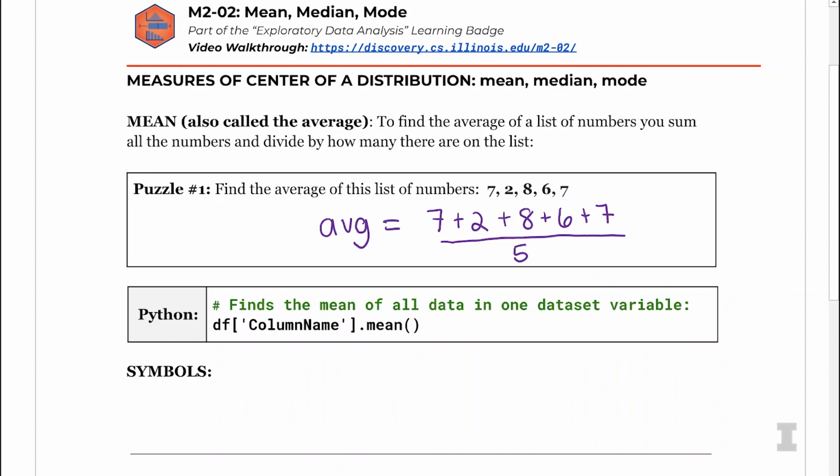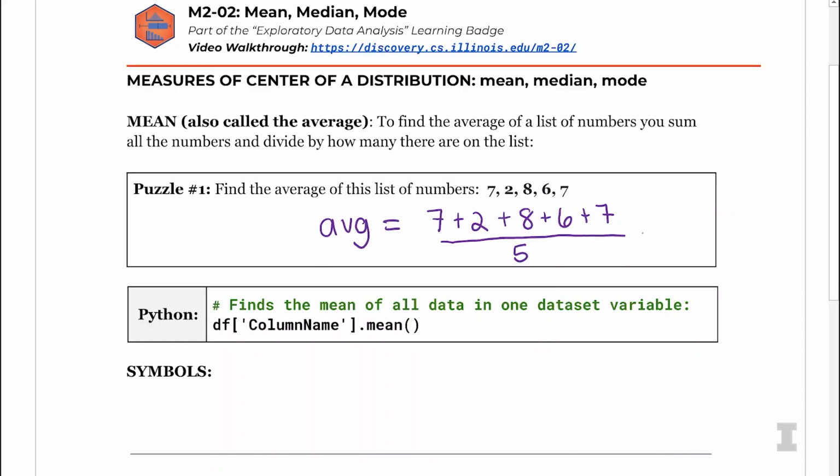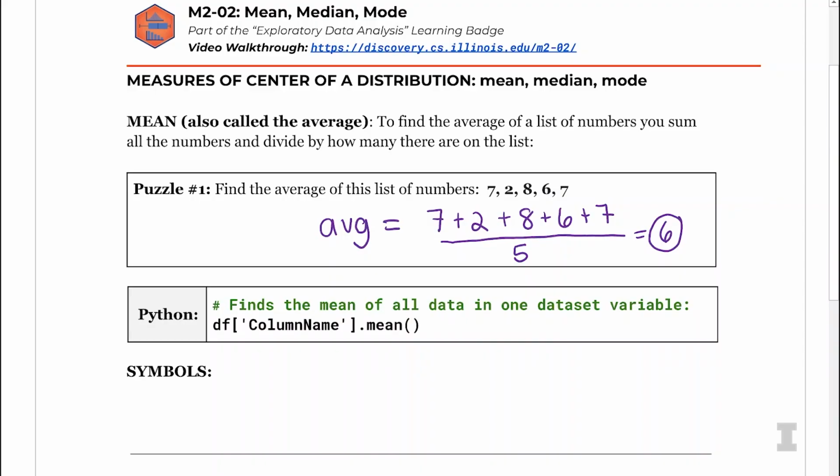And wait, you have Python pulled up, and I am bad at mental math. So what do I get for the average? So the sum was 30, divided by 5 is 6. Perfect. So the average of this list is 6. Very straightforward. And if we have these numbers as a data frame in Python, we can use Python to calculate the mean by just doing df.mean. And we can specify the mean of a column if we want to by including that column name.